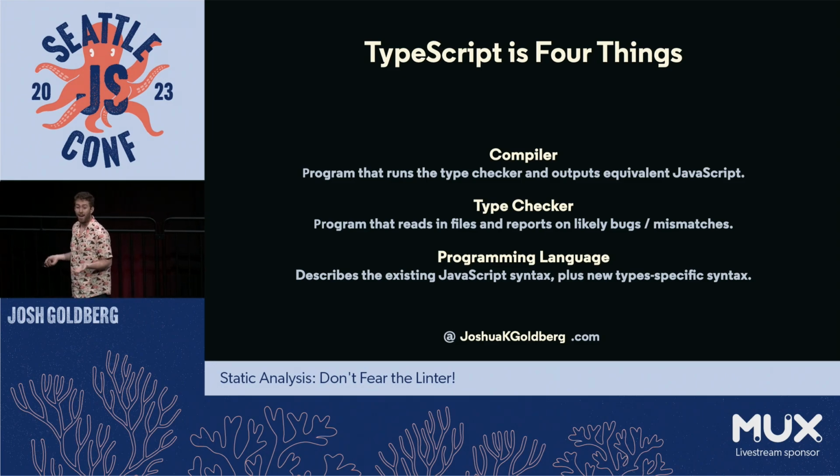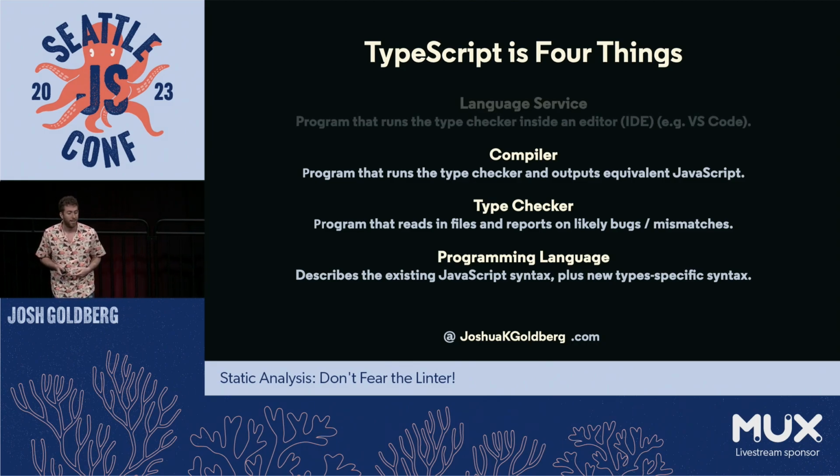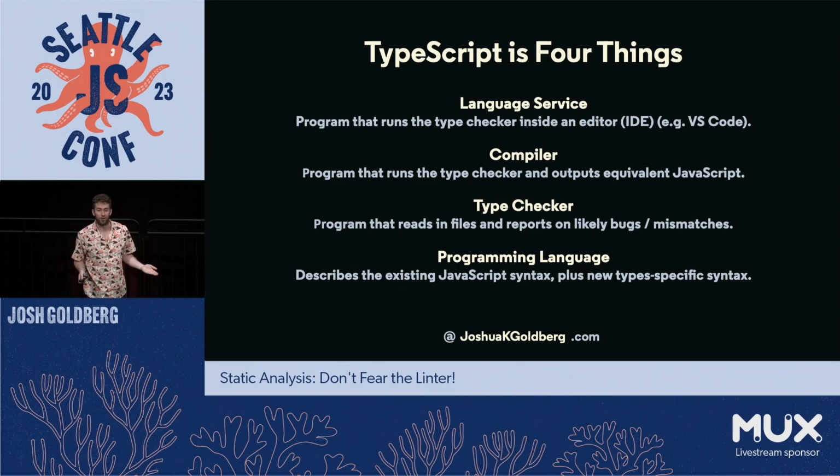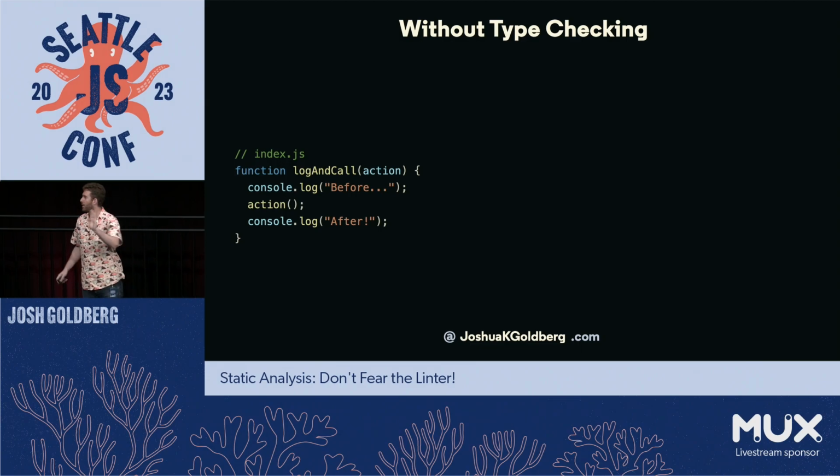TypeScript then also comes with a compiler. I know that everyone treats these things differently in different areas of the industry, but the way I phrase this is a compiler is a transpiler plus a type checker in this context. Meaning it's a transpiler, it takes your TypeScript code, turns it into JavaScript, and it runs the type checker for you. And lastly, TypeScript also refers to the language service, which is the editor tooling you'd run in an editor, such as VS Code, that runs the compiler or type checker for you. Yay, TypeScript.